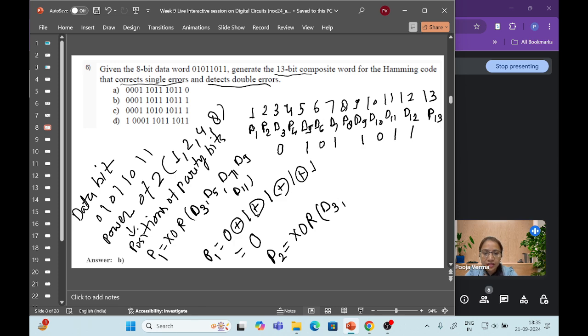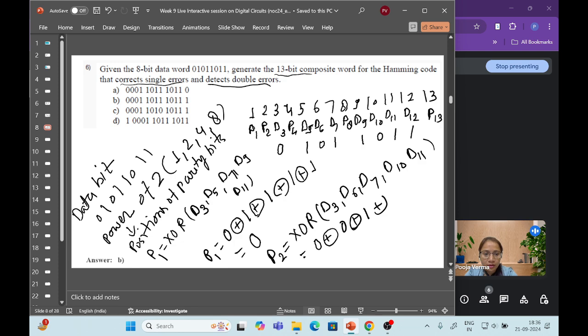Then D6, D7. Then remove two positions, then take D10, D11. Take two positions, then leave two positions. So the value of D3 is 0, XOR D6 is also 0, then XOR D7 is 1, then XOR D10 is 0,